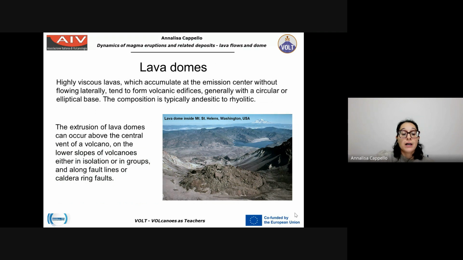A lava dome is a volcanic edifice that forms when the lava that reaches the surface is so viscous that it's not able to flow away easily from the vent, so it accumulates around the vent. So the composition is typically andesitic to rhyolitic, and they form commonly when there is a small initial